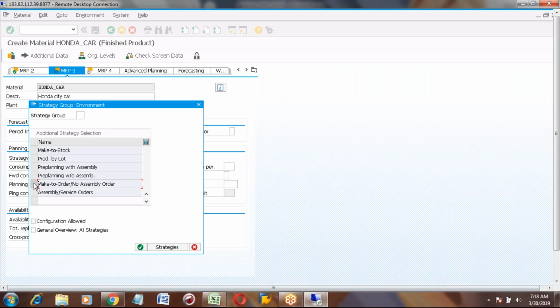And another thing is, from the SD perspective, do you want to carry out the availability check? Do you want to consume the stock from the storage location? And you have the concept of requirement class and requirement type. Those details are available inside of this strategy group. For example, you want to check